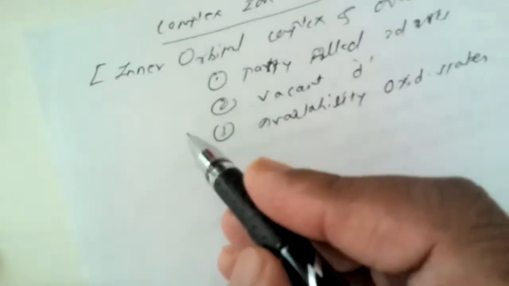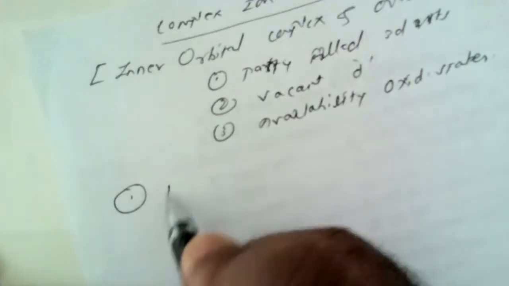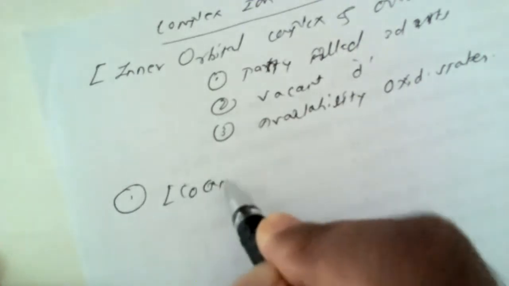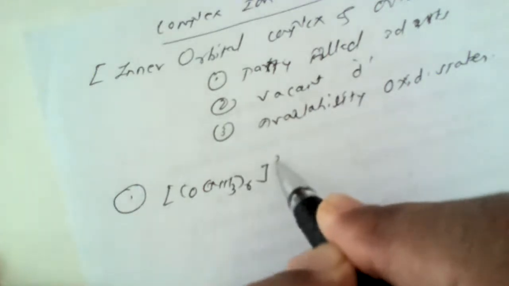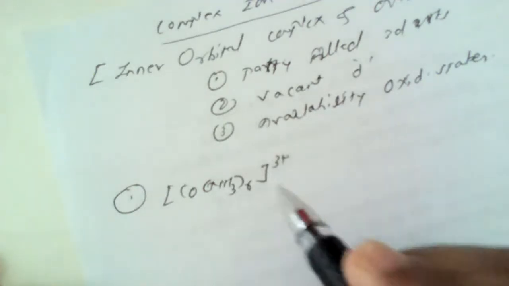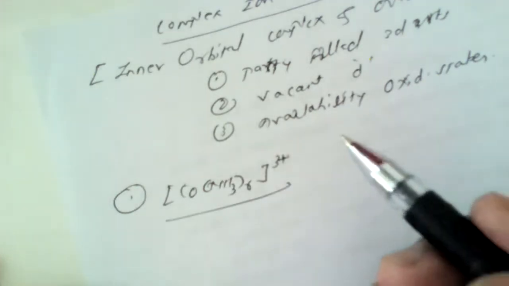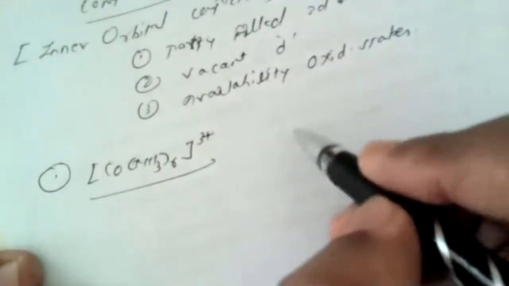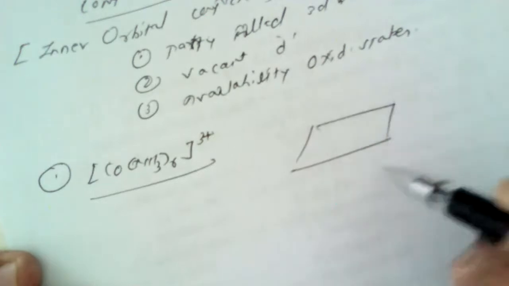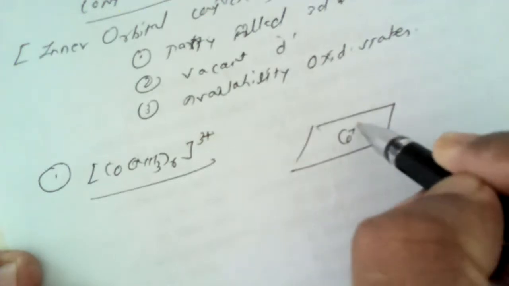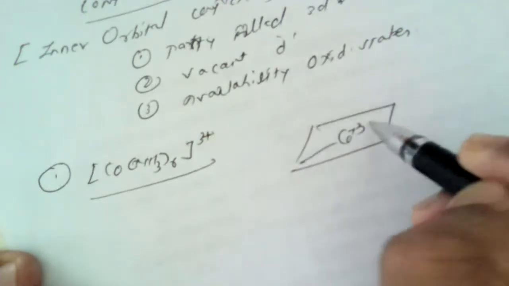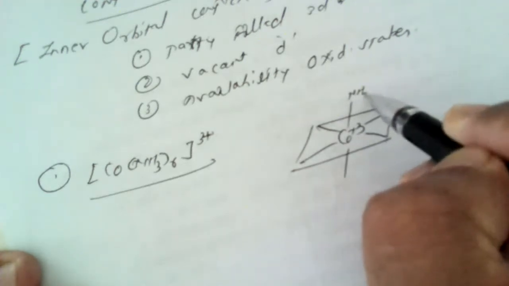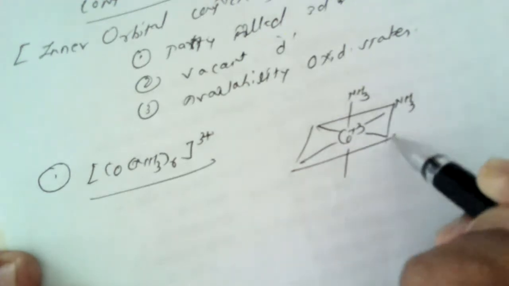How do the complexes form? Take for instance one example, [Co(NH3)6]3+. You have to write side by side with me. This is known as a complex ion. How can this complex be shown? See this. The metal atom, that is cobalt, is present at the center. This is surrounded by, I think you are drawing side by side, 6 ammonia molecules.